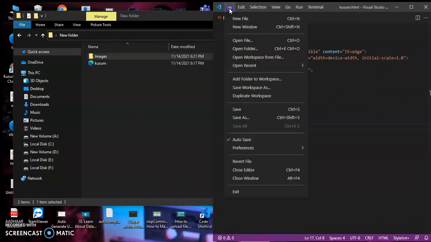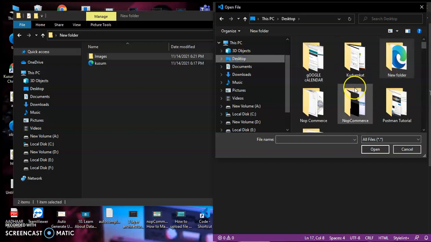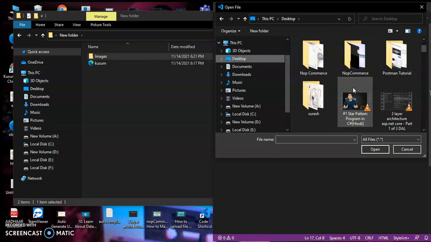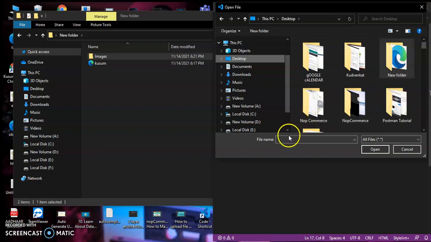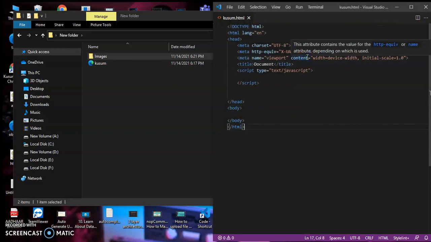So let's open it using File, Open File, go to the desktop, search the new folder, and inside of the new folder this kusum.html file.